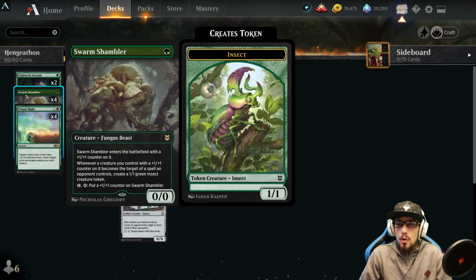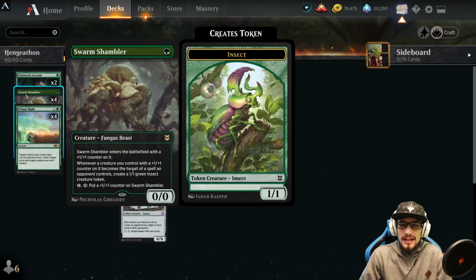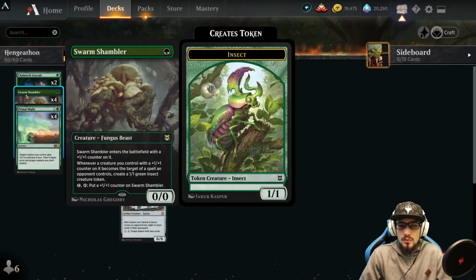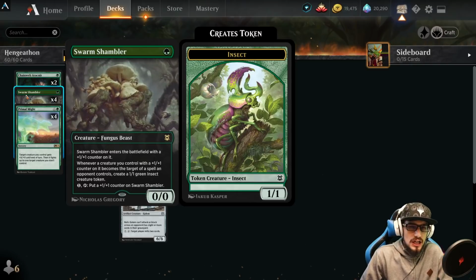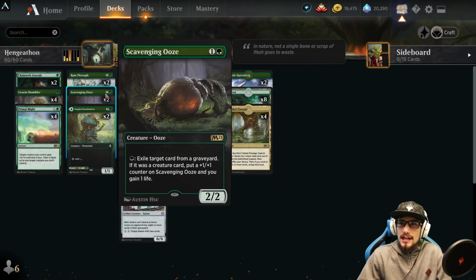Whenever a creature you control with a +1/+1 counter on it becomes the target of a spell an opponent controls, create a 1/1 green insect creature token. So our Henge will put +1/+1 counters on everything. Whenever anything becomes the target of a spell, as long as the Shambler is in play, we get a 1/1 green insect. That 1/1 green insect will trigger